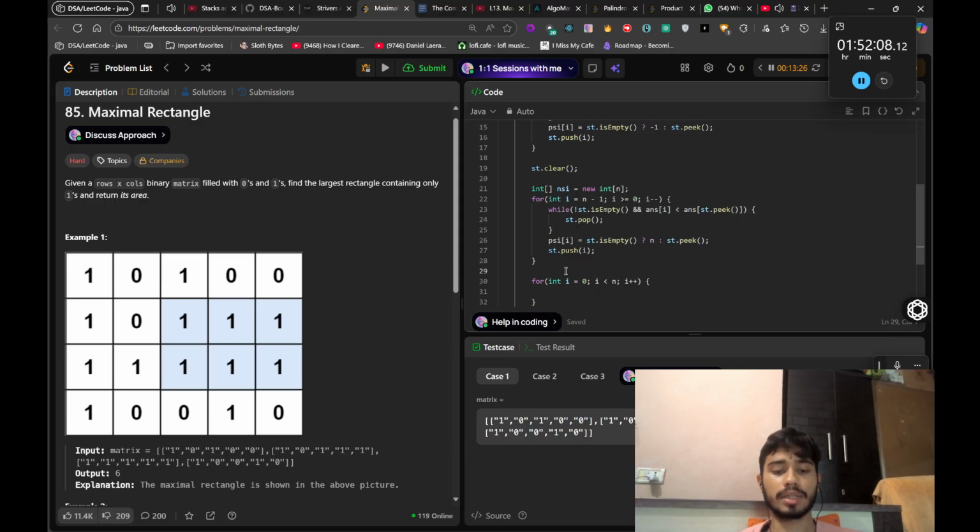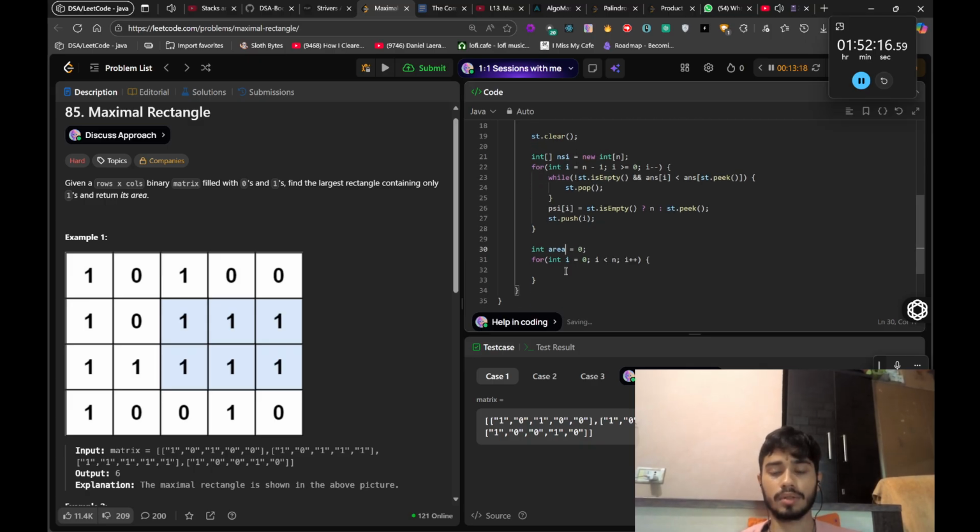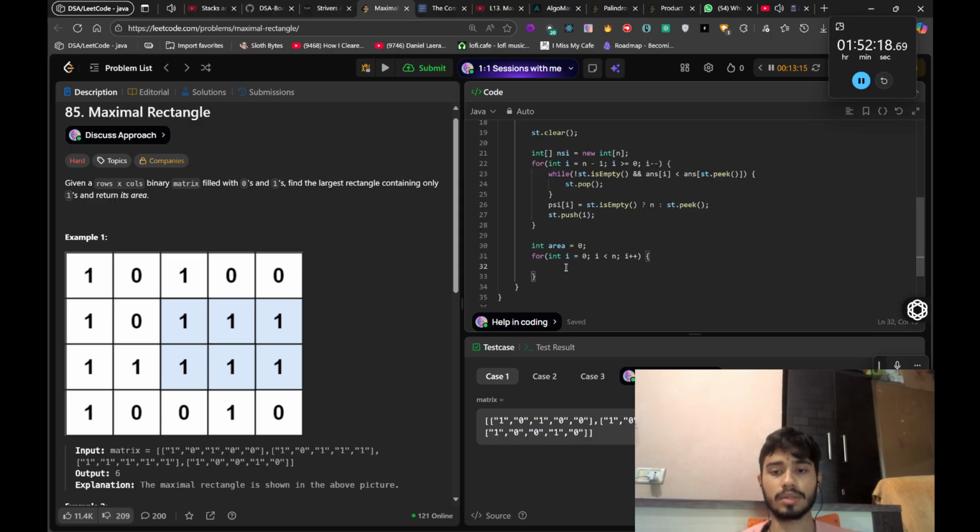I'll have int area as 0. I'll say area equals math dot max, either area is the maximum or